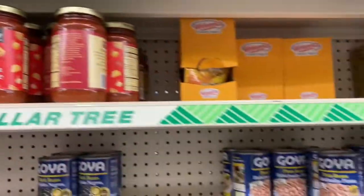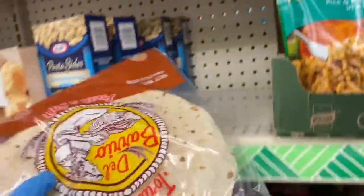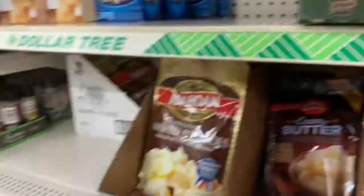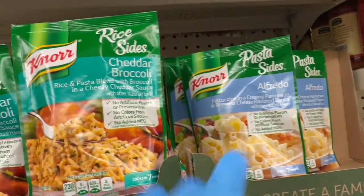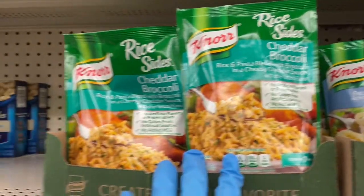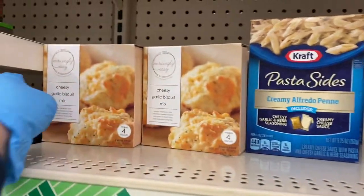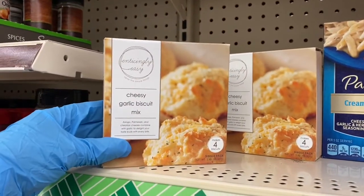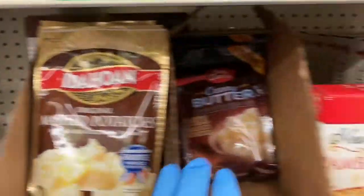The pizza sauce, the Velveeta cheese, and the taco shells. And here you have the tortillas. These are the flour ones. Okay. So then you have the Knorr. That's the Alfredo, and this is the cheddar broccoli. Here we have the pasta sides in Alfredo, and look at this, cheesy garlic biscuit mix. That's interesting. And here you have the mashed potatoes, the instant mashed potatoes, the jambalaya,